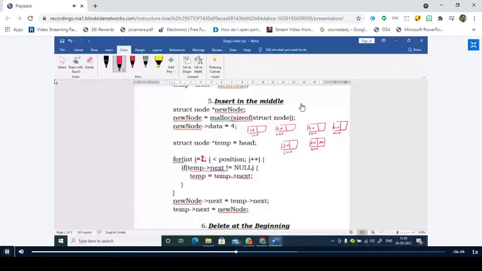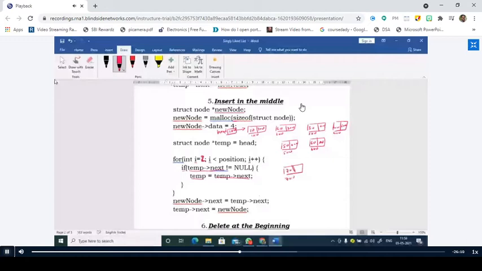Let us do one more example so that you will be clear about this. So what is the value of head? 100, sir. So this is 200, this is 300, and this is 400. Now I am not going to put the arrows. Right. Now a new node is created. Assume that the new node is created at 700 and 70 is the value that is inserted.